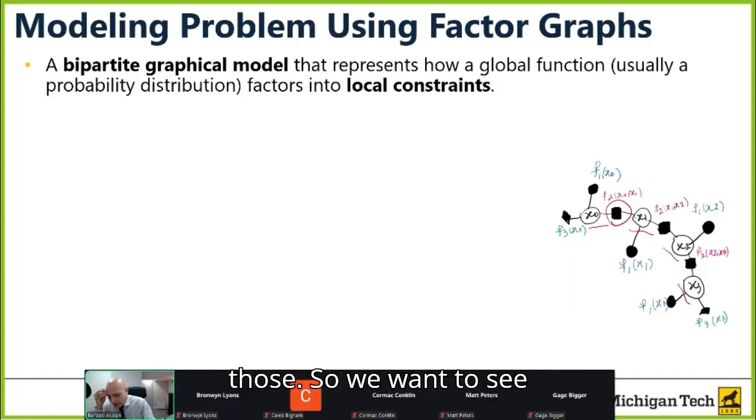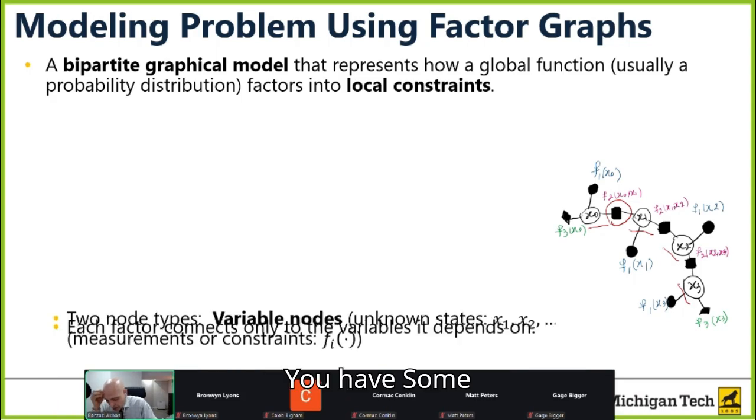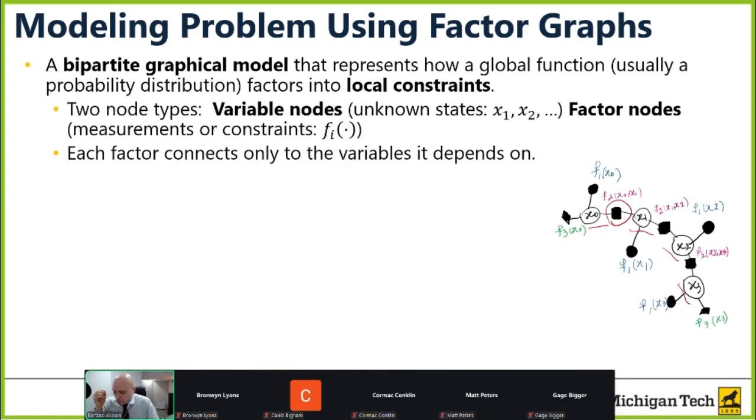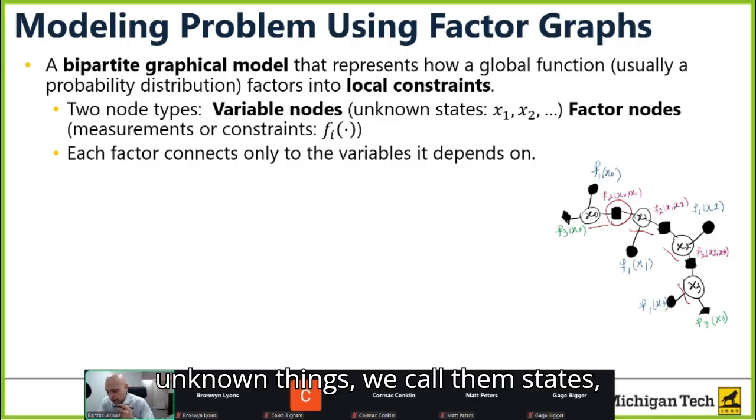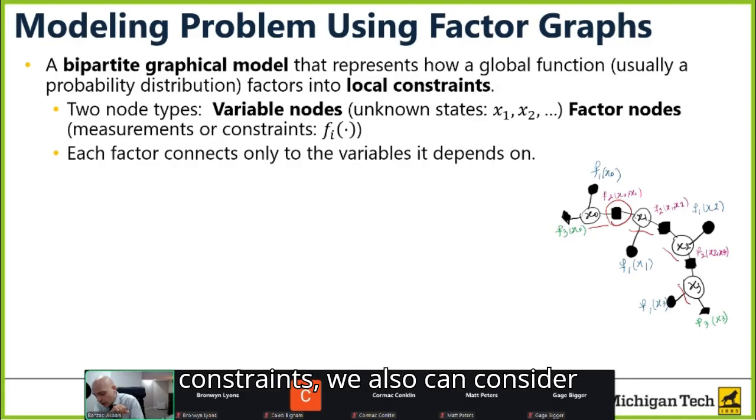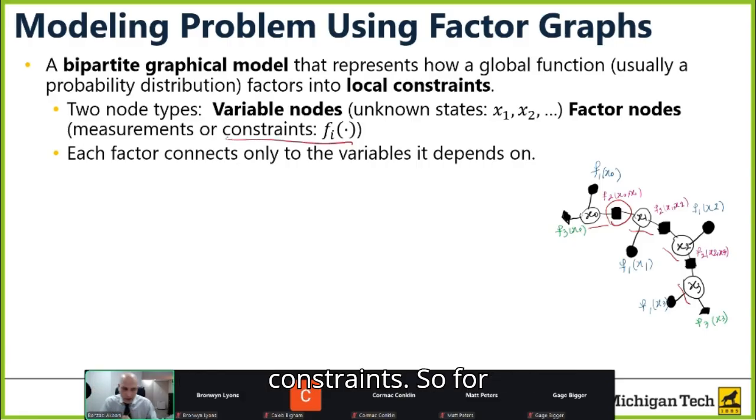So we want to see this is a factor graph, a bipartite graph. You have some unknown things, we call them states, and some known measurements that we call factors. These measurements or constraints, we can also consider constraints. So for example,